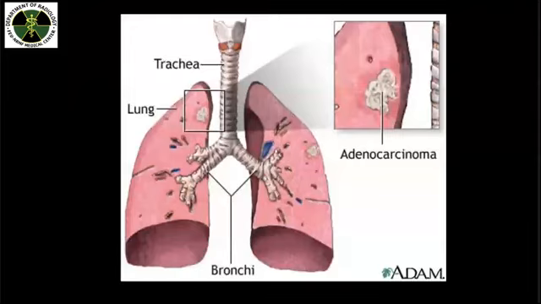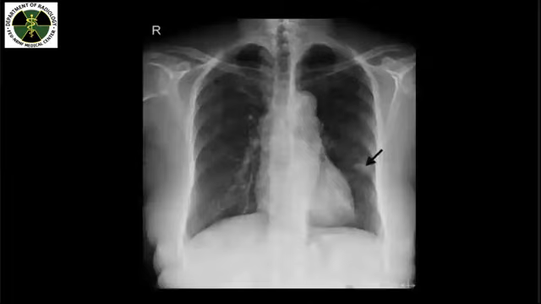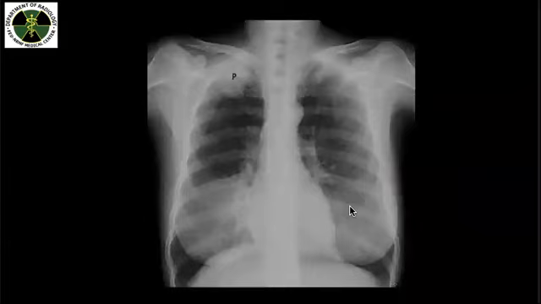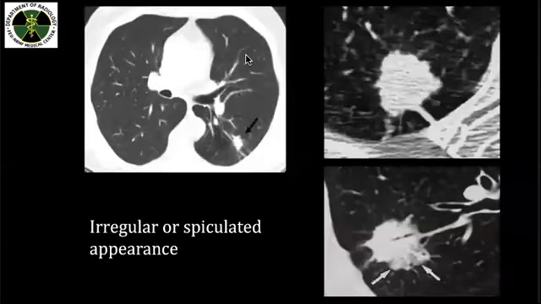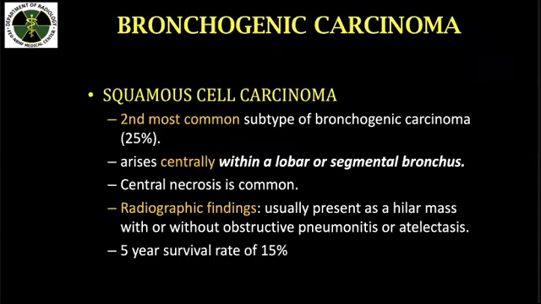So this is the gross picture showing the location of adenocarcinoma. By radiograph, you will appreciate that it's seen in the periphery, pointed by the arrow, with spiculations. Another example is seen in the upper lobes, with spiculations. This will be better assessed with the use of CT scan. You will appreciate that the borders of this adenocarcinoma have an irregular or spiculated appearance. Likewise, you will appreciate the bubbly lucency that we discussed previously, which we correlate to the presence of adenocarcinomas.